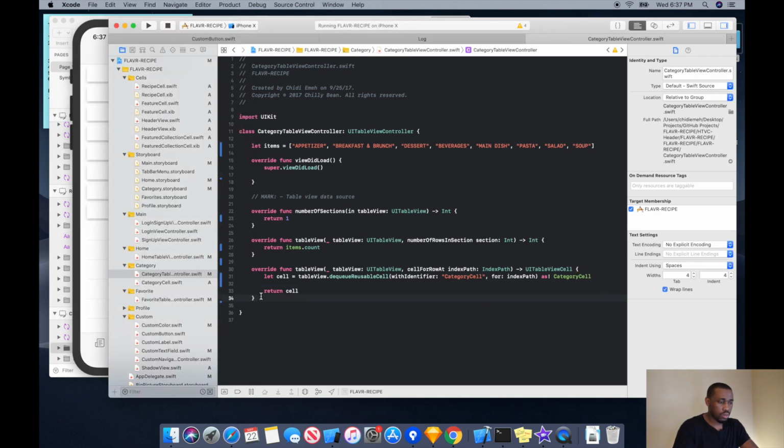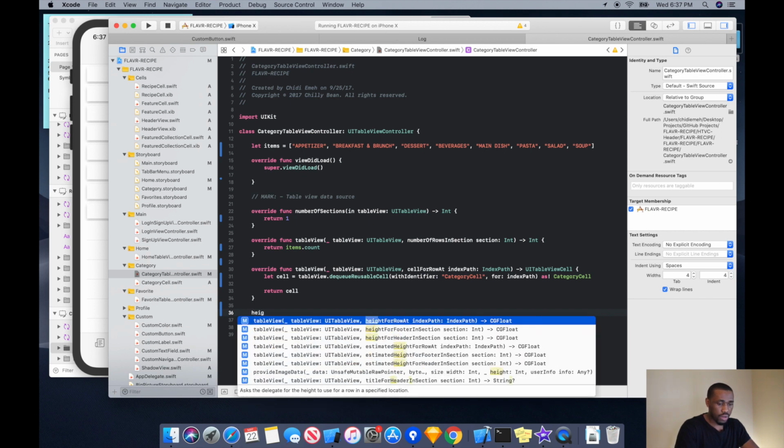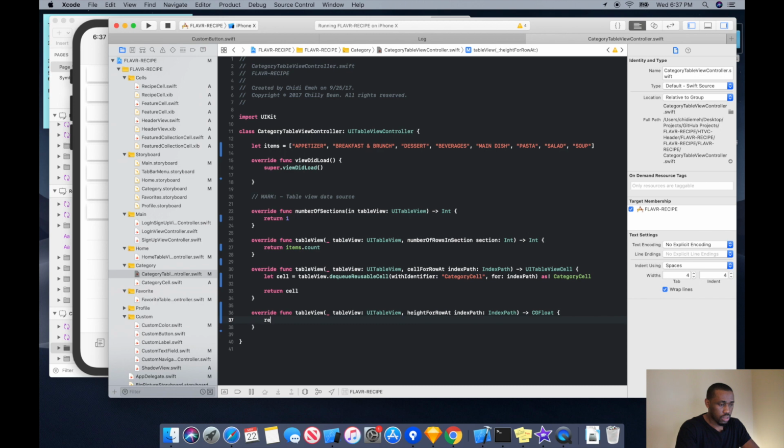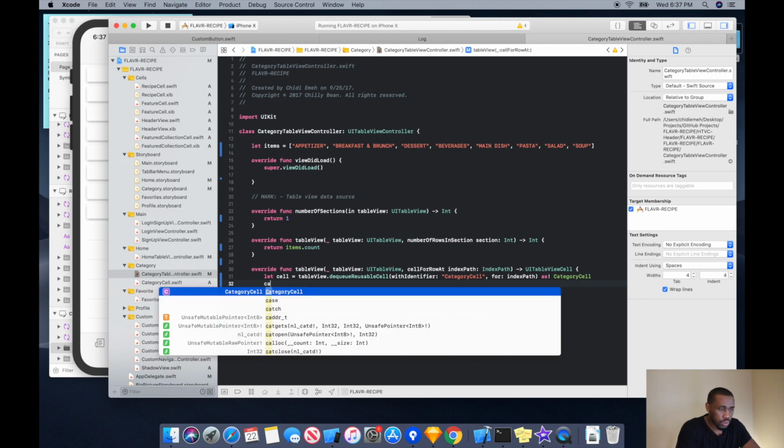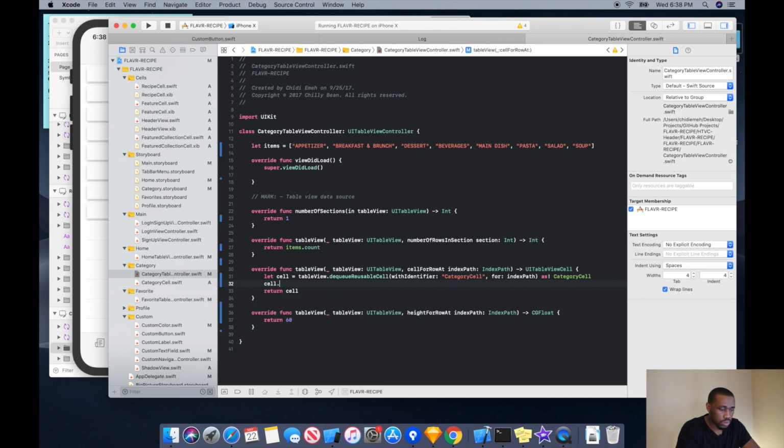So I'm going to say, first of all, the height of the cell. So height for row at index path, and I'm going to return 60 like this, right? And then since we dequeued this cell as a category cell, it should have a category label, because we put one there. So let's say cell dot, the category label inside the cell, the text inside that category label,